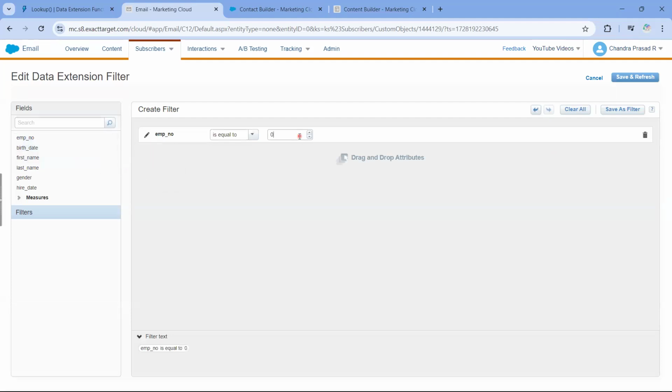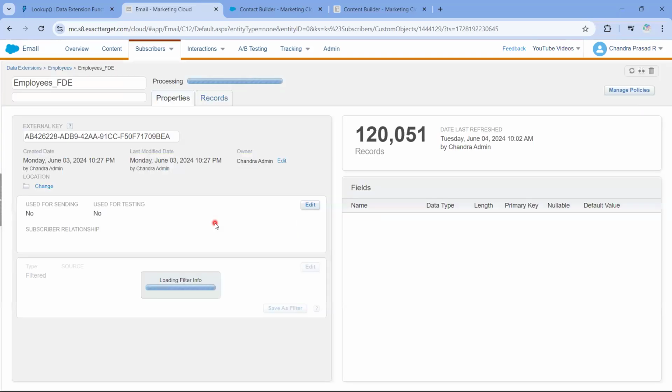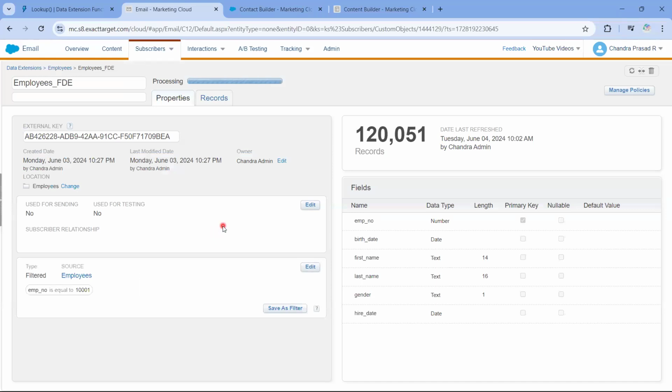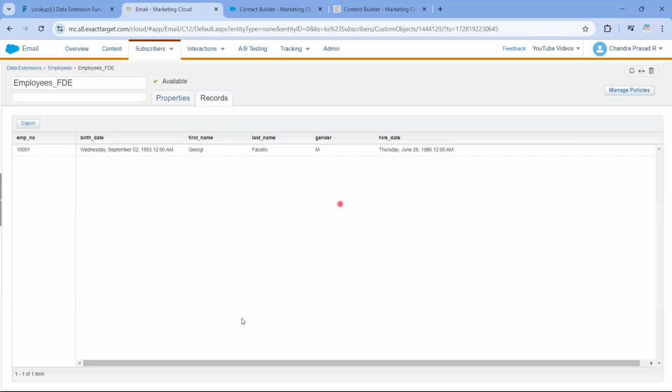Employee number, it should be 10001. Let's see the result of this one, and I'll explain what I'm looking for. Using AMPs. Okay, I got the one record now. Now, I want to display